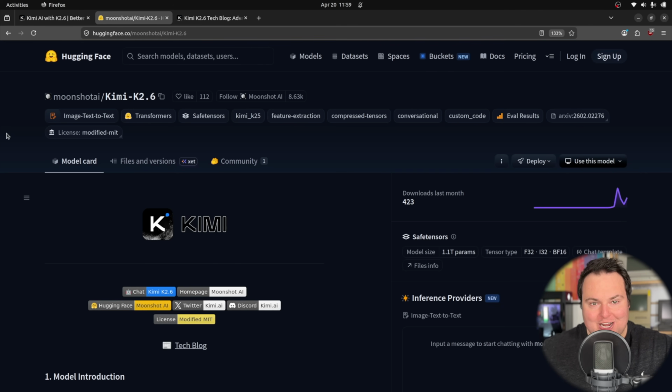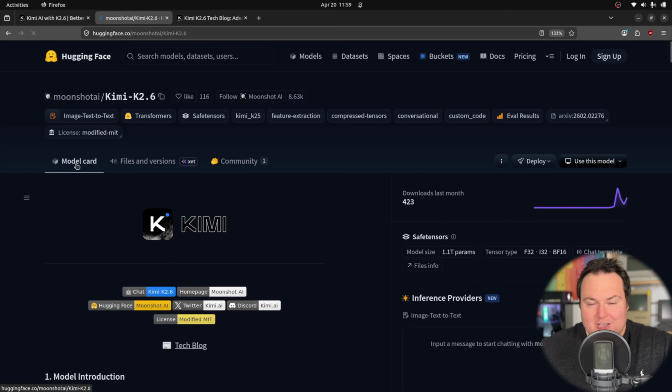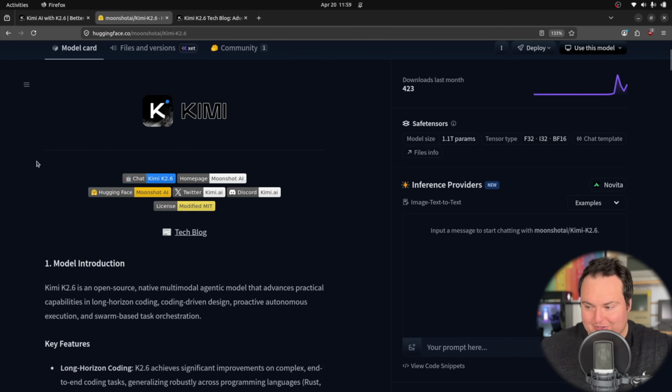Moonshot AI has released Kimi K2.6, and when I say released, I really mean it, because this model is currently on Hugging Face, and we can see right here that if you do have a system that can handle this 600GB total download size, you will be able to run this locally. Now, regrettably, I don't currently have said system, so we're going to be testing this today probably using the